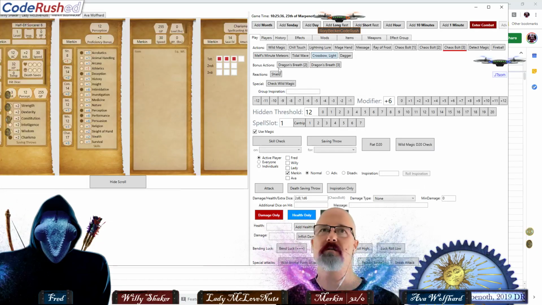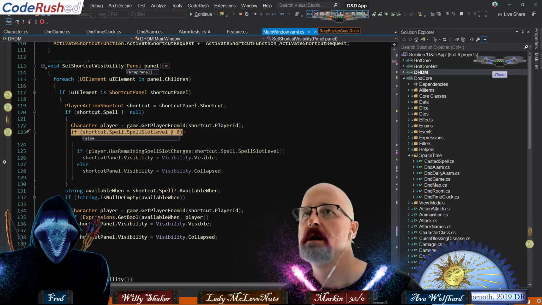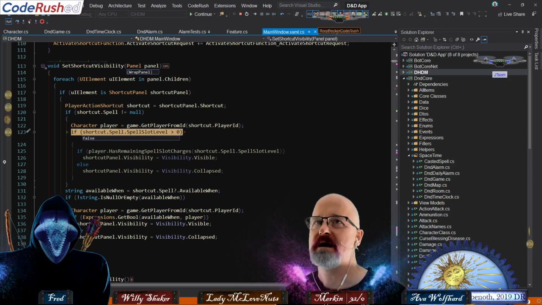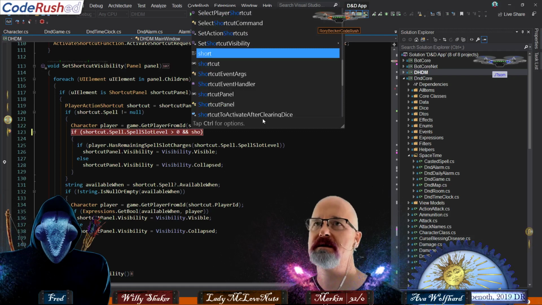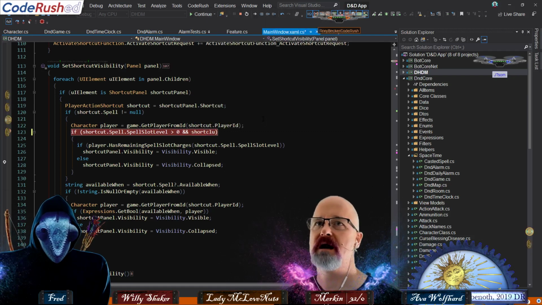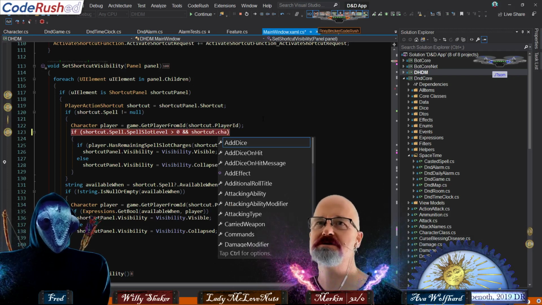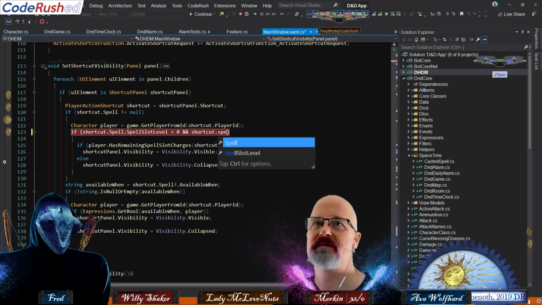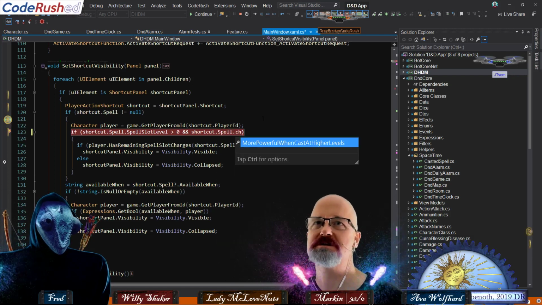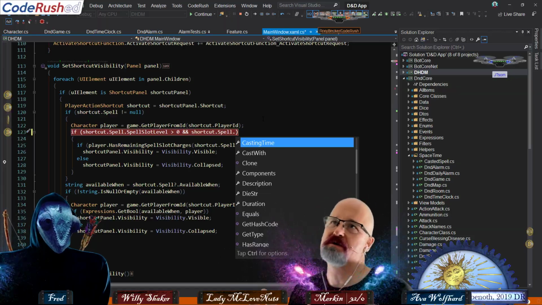So what I'm going to do is I'm going to come over here and click one more here, and that should get us to our breakpoint. And now I've stored in addition, I'm pretty sure, the shortcut dot charges, do I have it? Nope, it's not here. I've got spell though, and I bet spell's got charges. Oh, come on. That's strange. No, because I've got known spell and spell. So known spell is something.